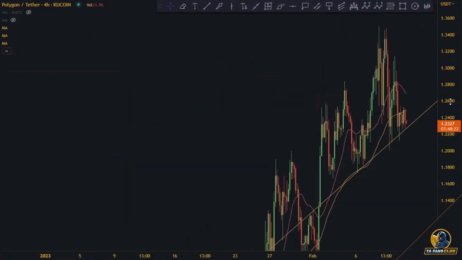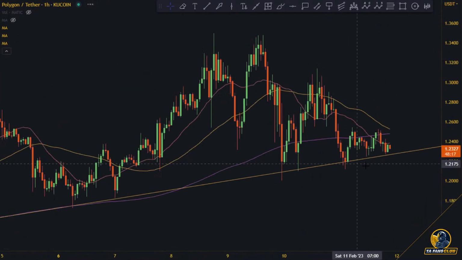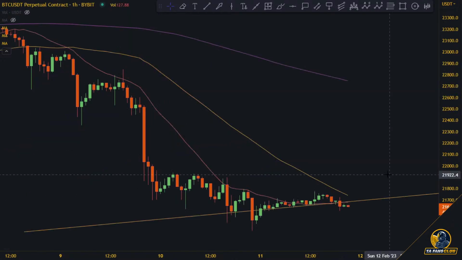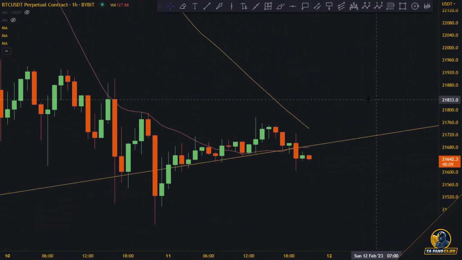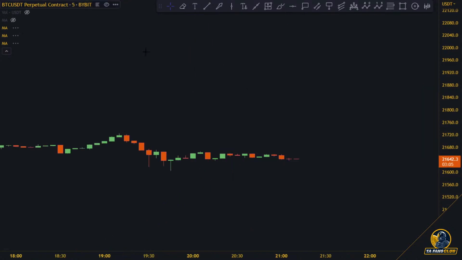So, could Matic be shortable? If Matic is shortable, everything is shortable, because Matic is strong. And Bitcoin over here,